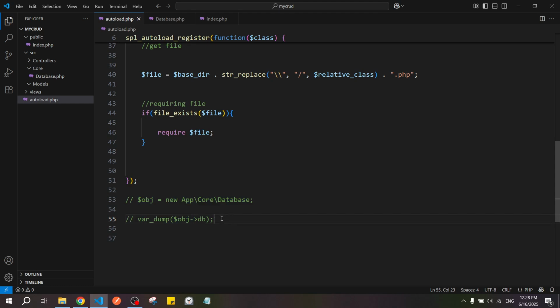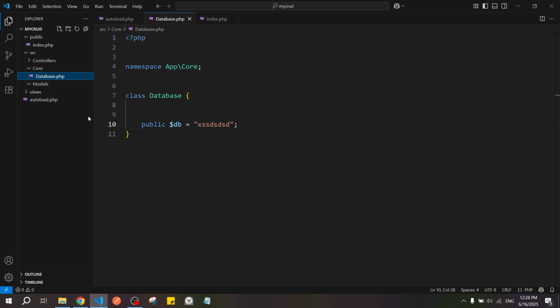So now in this video, after we set up our autoload, we should go ahead and start connecting to our database, and we've already created a database class for it right here. All right, so I'm basically gonna remove this part, and now let's start setting up our database connection function. So right here I wanna set the